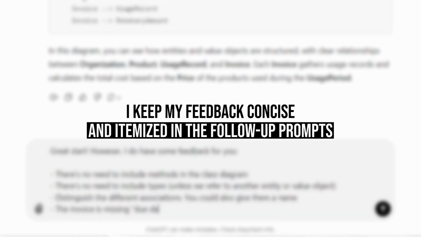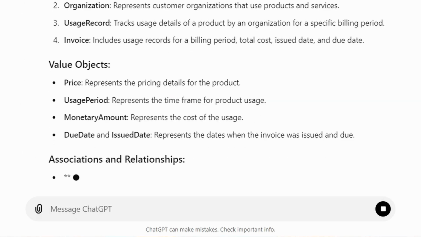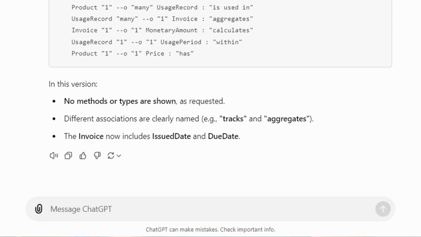The goal is to guide the AI in addressing specific issues or concerns without overwhelming it. This prevents ChatGPT from introducing new problems while trying to fix existing ones. Sometimes the AI can get off track and start producing lower quality responses. Once that happens, there's no way to recover, and you'll have to restart the brainstorming session.